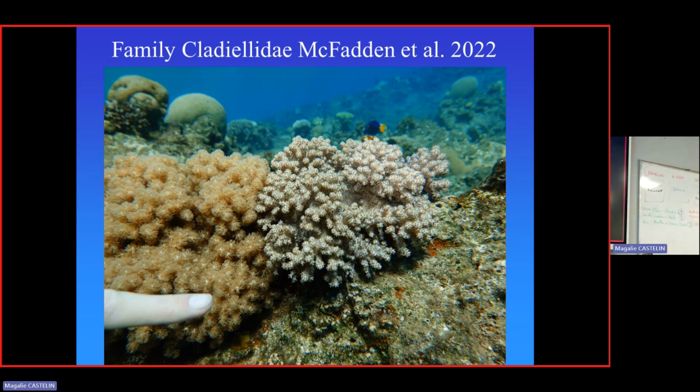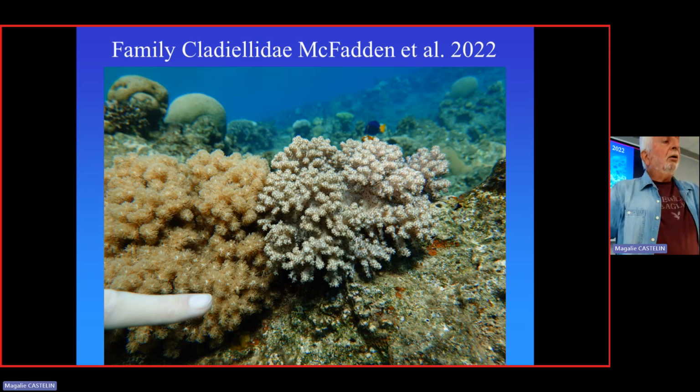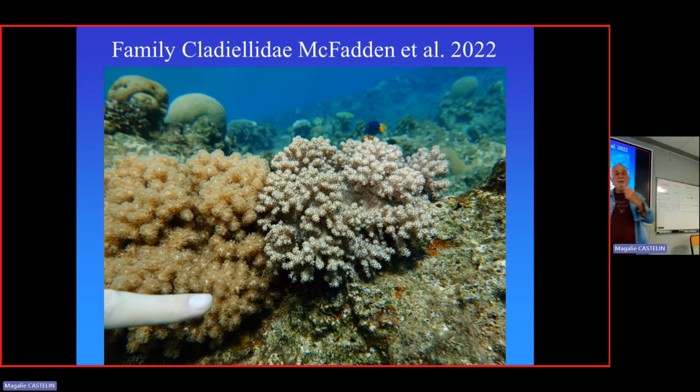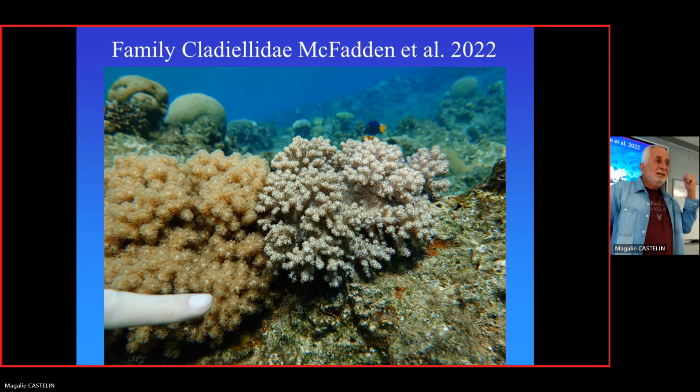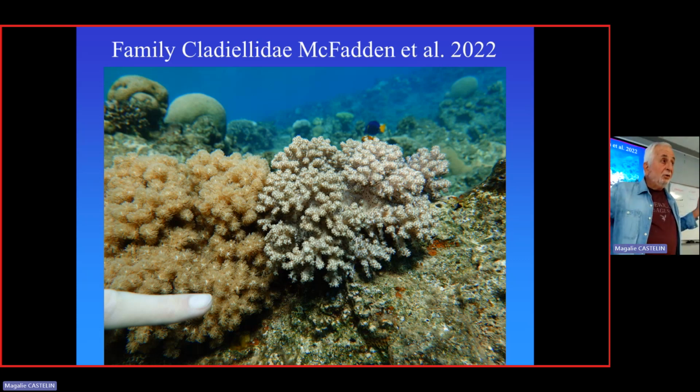Two different strategies. Nowadays, well, it's not taxonomy, but nowadays we know that what limits the depth distribution of these zooxanthellate octocorals is lack of adaptability to change their mode of feeding from autotrophy to heterotrophy. They can't do it. And this is the limit why we don't find zooxanthellate octocorals below 65 to 70 meters. I found it first in Eilat, and then we gathered the information from all our colleagues. Yes, they told me, Yehuda, no Sinularia, no Sarcophyton, no Sclerophytum below 60 meters. Not on the Great Barrier Reef, not in Madagascar,